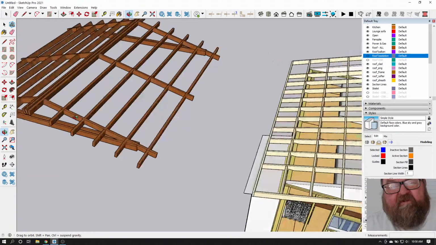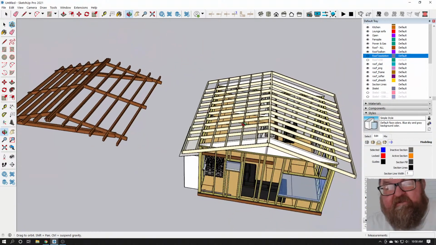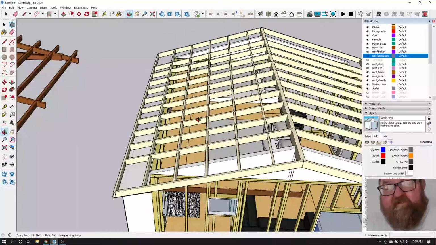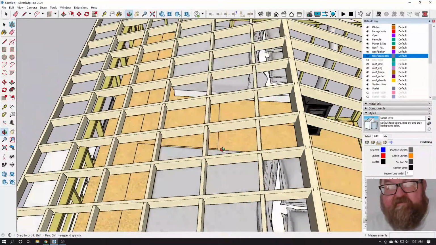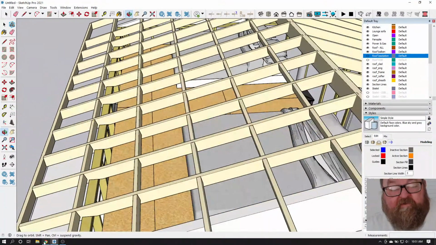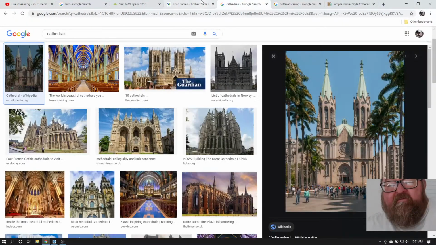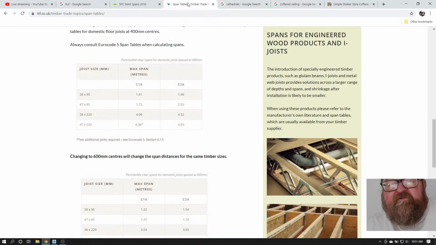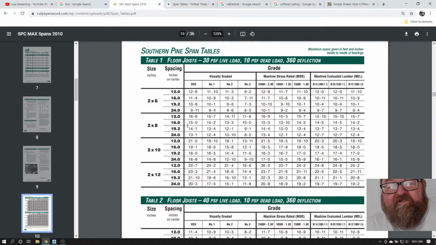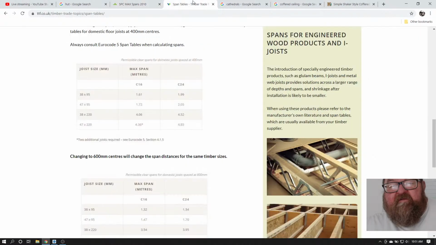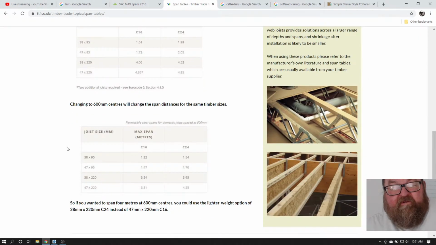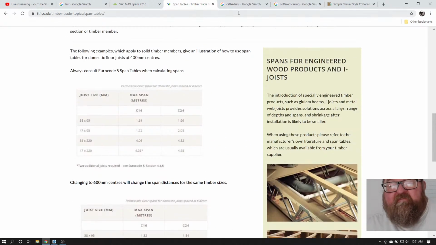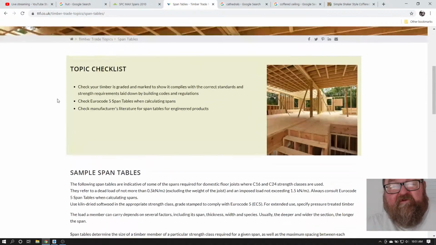I'm trying to figure out which way his rafters run. If they run this way, then they need to go first. Those need to be solid members all the way down, unbroken. They need to be based on some kind of logic. Here's where I was showing cathedrals used with feet and inches, but I'm just kind of joking about that. I did find these European span tables, but I don't know why I'm having such a hard time finding